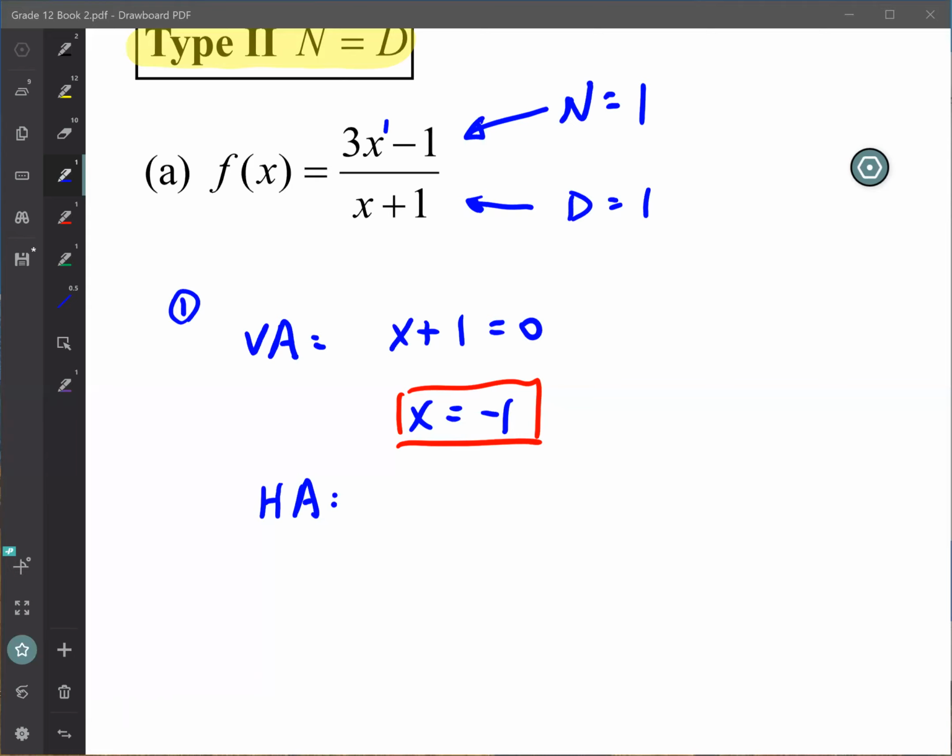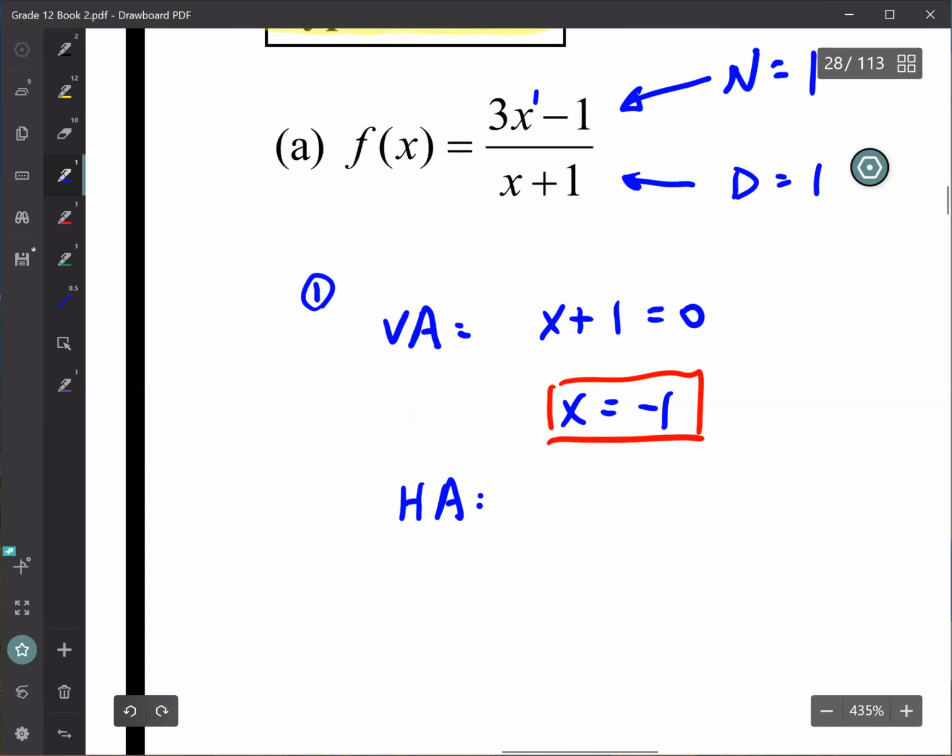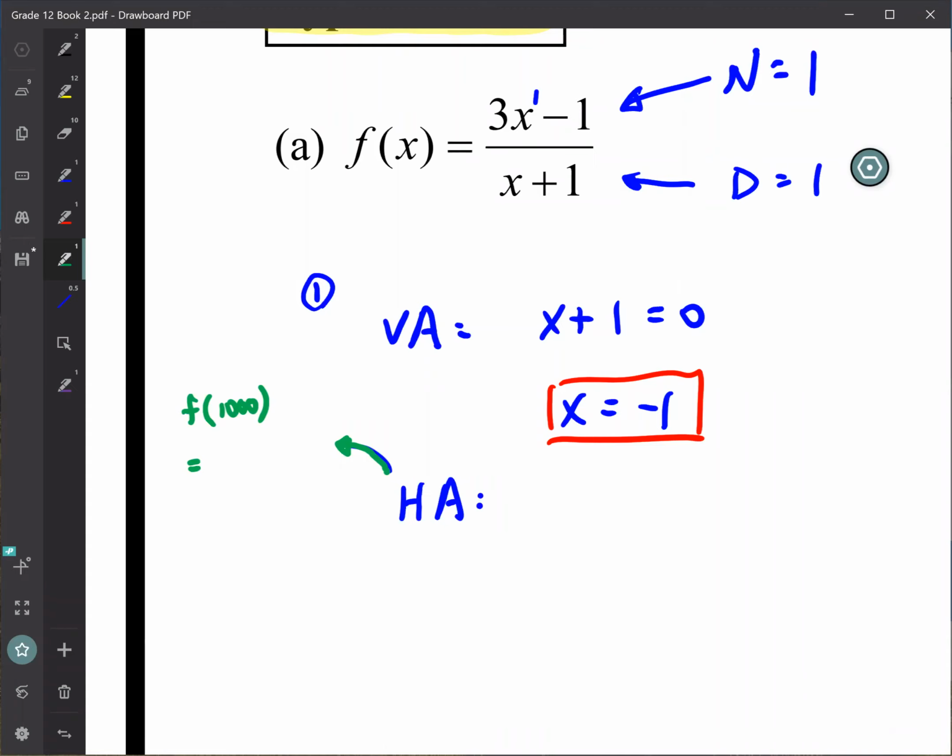So let's put it on the side, okay? So let's say I use the green, right? X is 1,000, right? F of 1,000. Okay, let's see what happens. Okay, so Samantha, what do you have? F of 1,000. 2,999 over 1,001. Yeah, and what's the answer when you divide them? 2.996. Yeah,